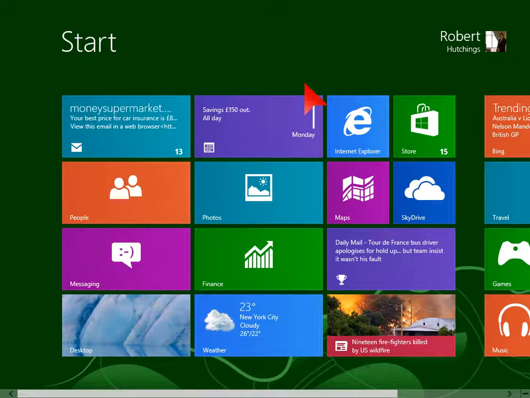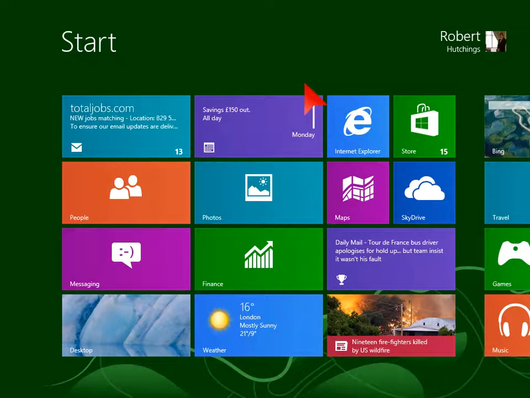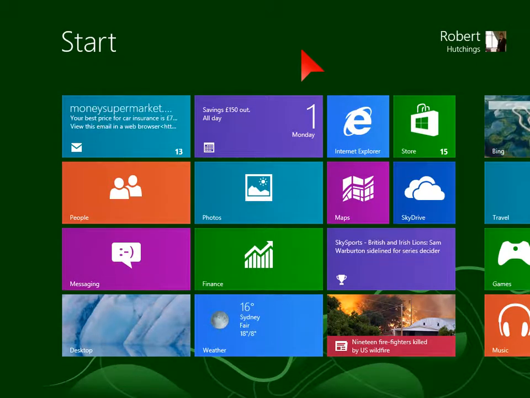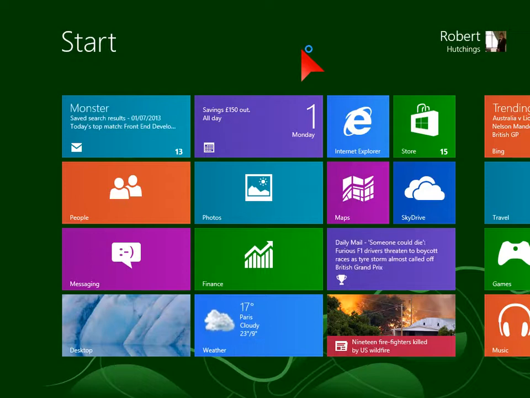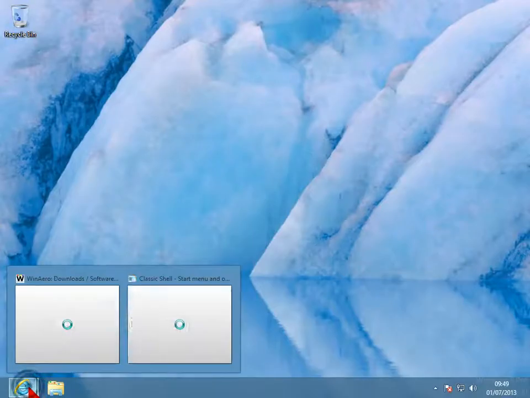Now with the new Windows 8.1 release coming out this year, Microsoft are redesigning Windows 8 so that you will be able to actually boot up to a different start screen, so you could boot up to the desktop with Windows 8.1, but for now we'll use a third-party program to do that for us. When Windows 8.1 is fully released later this year, I'll come back to this blog and redo the video using Windows 8's own tools. So first things first,